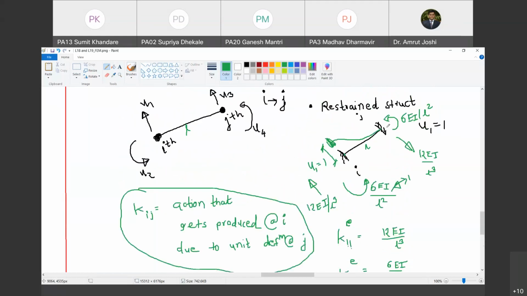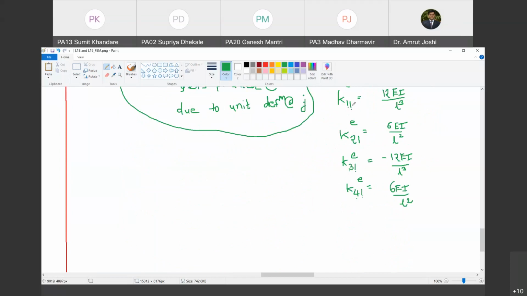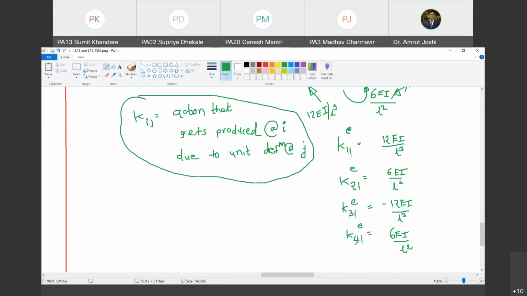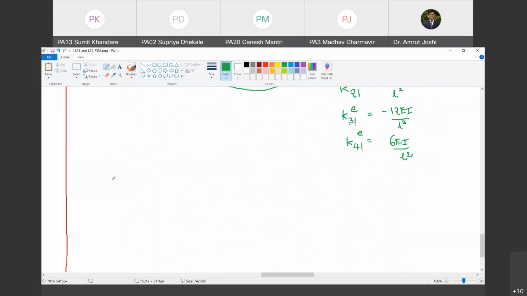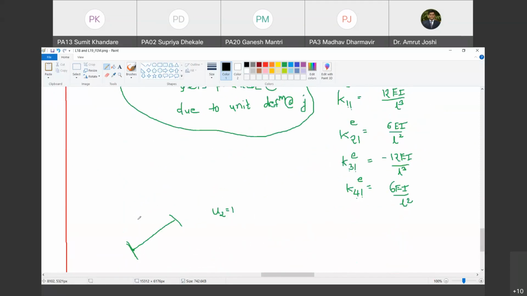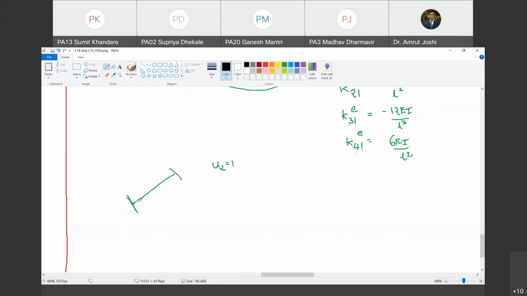Yes, sir. Okay. So we have written down this K11, K21, K31 and K41. Now what are we going to write down? Now we are going to go ahead with the second diagram where I give U2 equal to 1. Are you with me? Yes, sir. So when I give U2 equal to 1, तो कैसे दिखेगा? U2 कहाँ पे हो रहा है? 1 के जगह पे ही हो रहा है. But U2 is the rotation. Do you agree with me? Yes, sir. U2 is rotation. किस तरह का rotation है? Anti-clockwise.